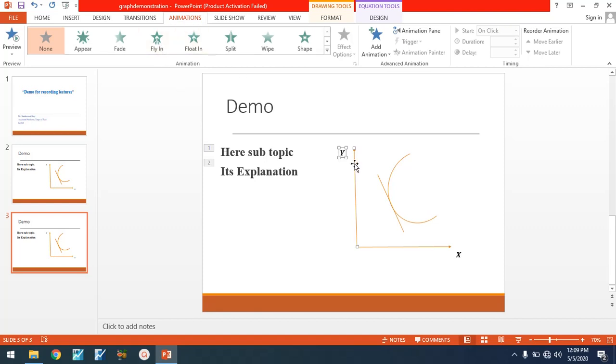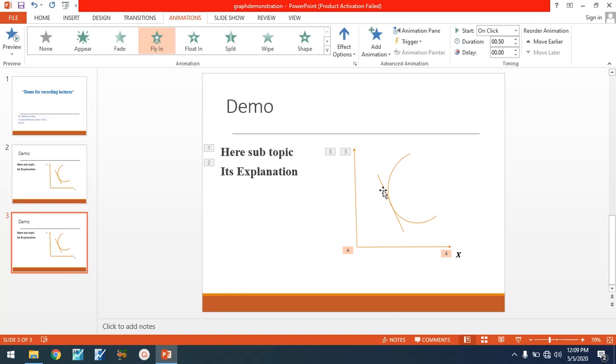For selecting two parts of a graph, first I click on the vertical axis, hold Control, and then click on Y to select these two, and from animation, this is the third animation. Similarly for the fourth one.